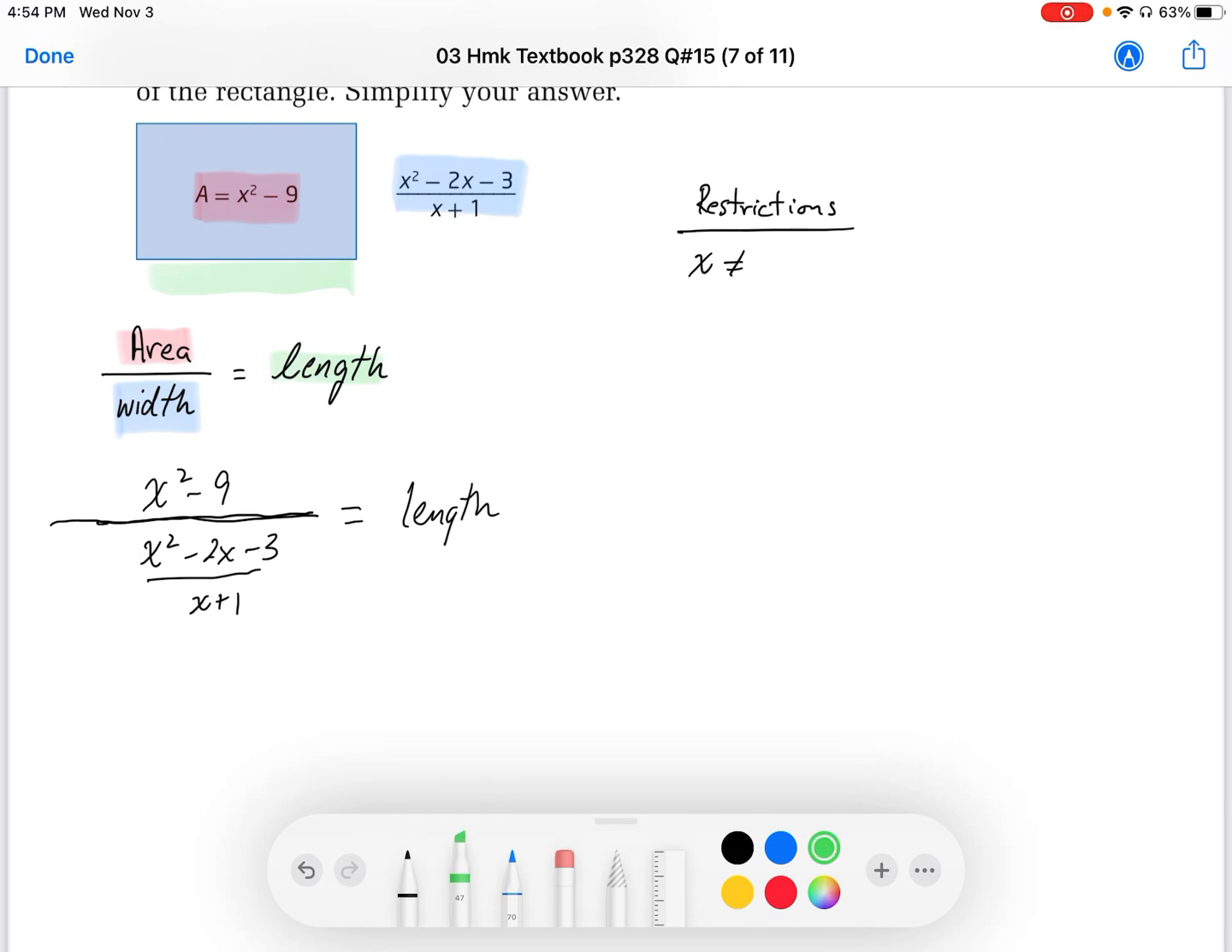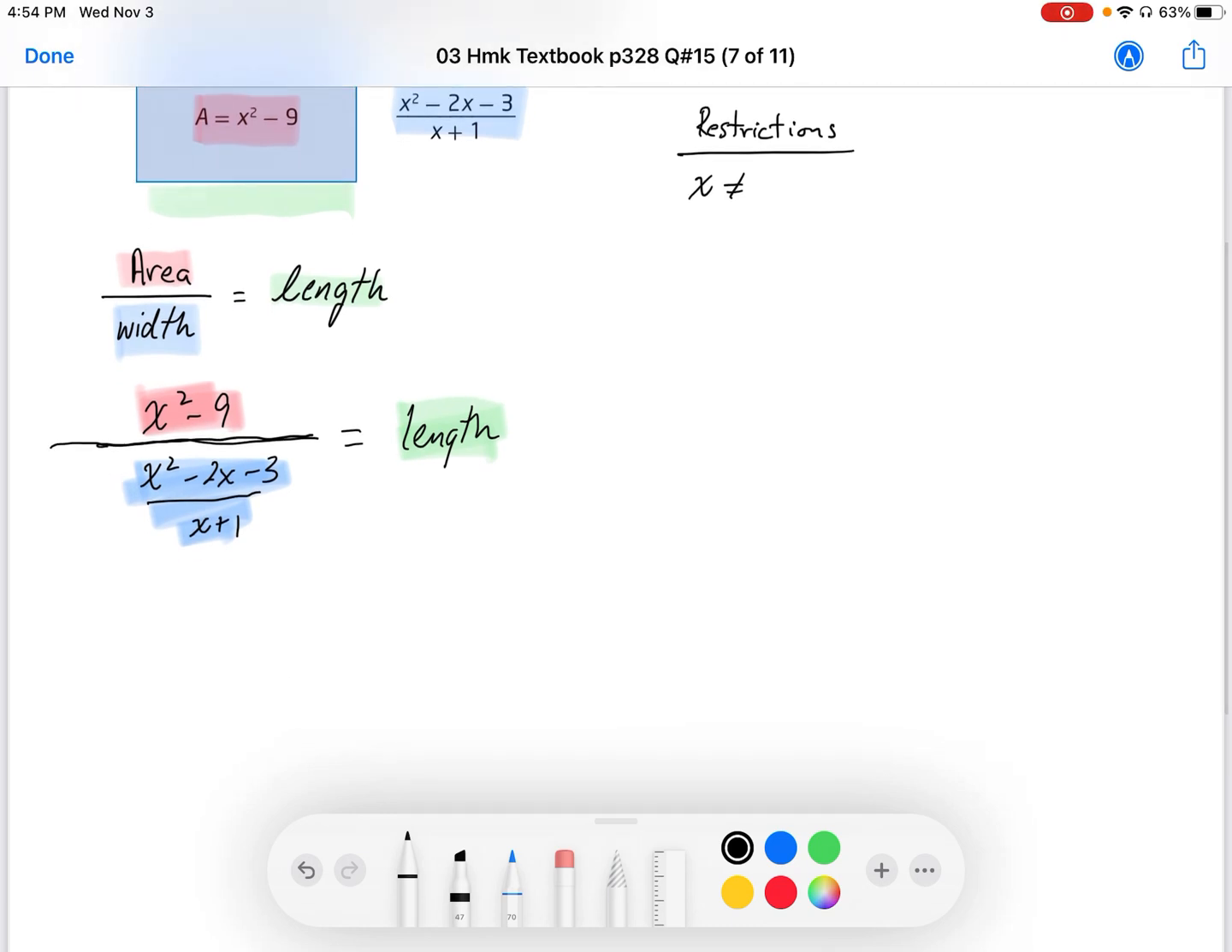Okay, and just to color code this, this is my width expression, which I have up top there. My area expression is this expression, and my length expression is whatever that works out to be. Okay, so I'm going to first start with my restrictions. Well, let's factor this because it's going to be much easier to find our restrictions in the factored form. So I'm going to end up with, factoring that numerator, x minus 3, x plus 3. Again, that's my